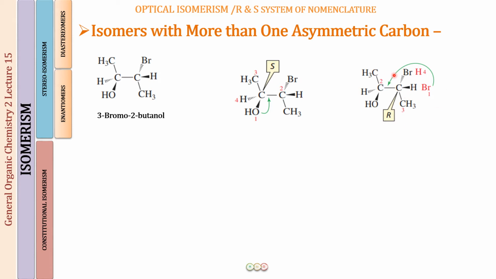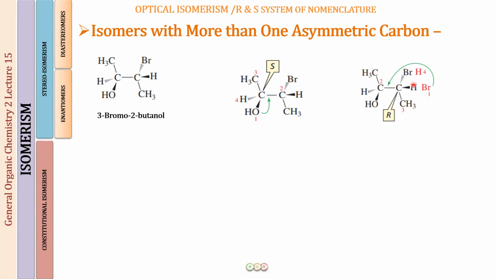Fine. Alright, now what you can see over here is this hydrogen, which is the 4th priority group. This is represented by the solid wedge. Where should it be? It should be in the position of bromine, pointing backwards with the hatched wedge. So what do we do? We change the position of these two.